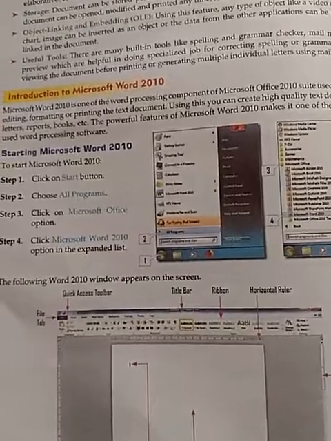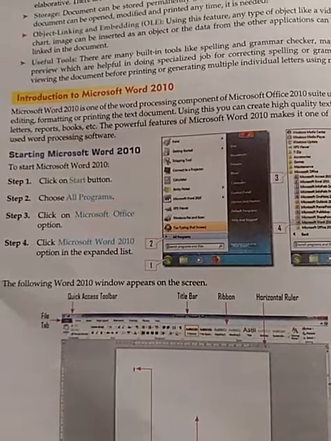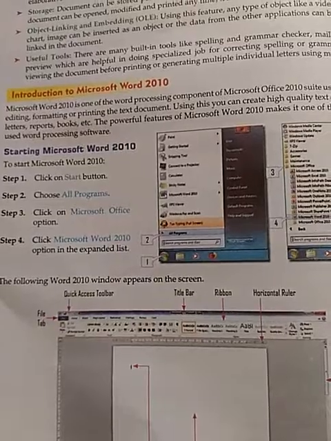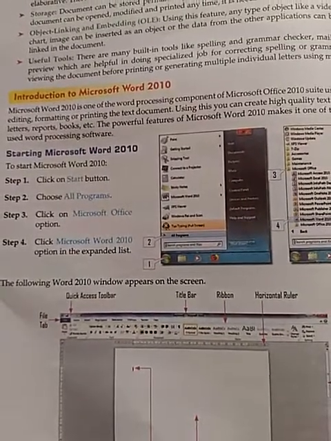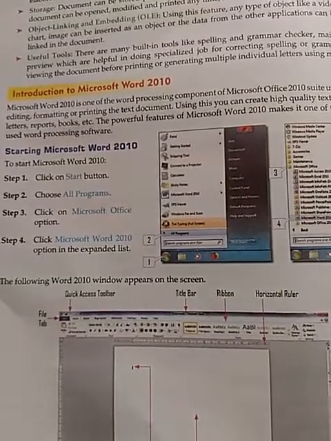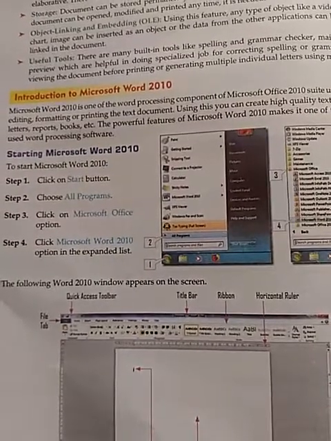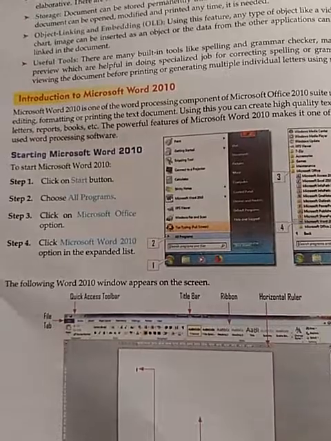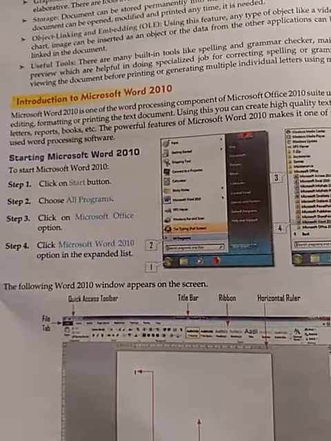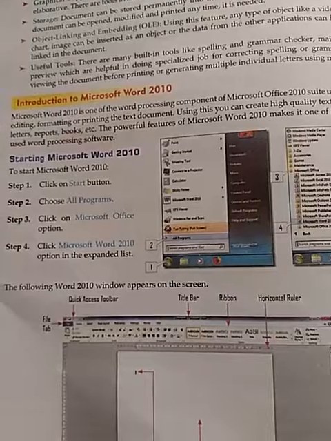Now, how can we start a Word document? In this section, we are talking about MS Word. To start MS Word, first you need to install the software package of MS Office. MS Office is a package software which provides many application software which help in personal and official uses. Some of the components of the MS Office package are MS Word, PowerPoint, Excel, Access, Outlook, FrontPage.